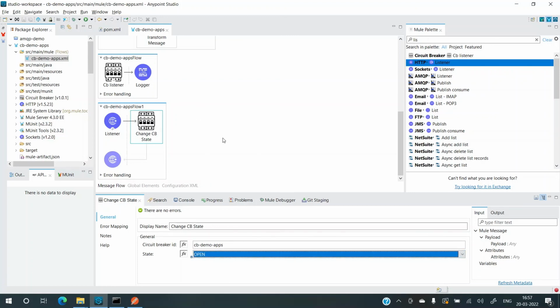So that was it for this video. This video should give you a good idea not just from the circuit breaker perspective, but from a generic perspective of creating a custom connector. This video is the best point for you to understand how the sources work, and you can create your own listeners as well. One point that was not covered in this was the emits response, because this connector does not